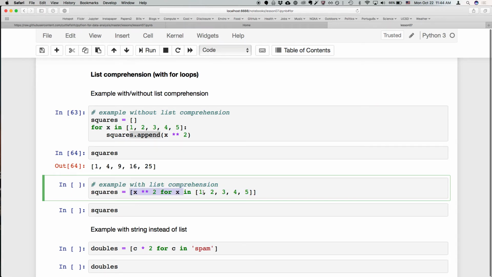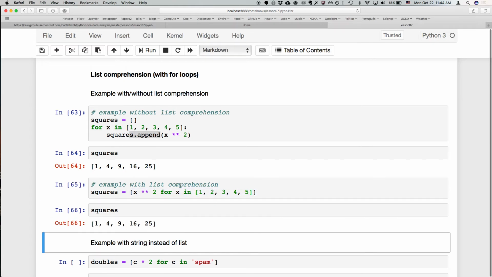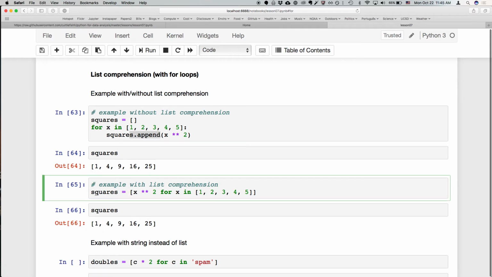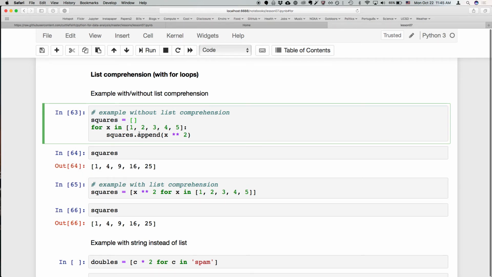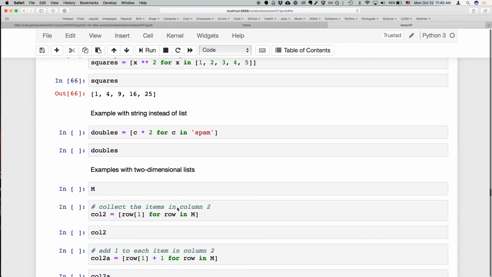That whole thing is then wrapped in brackets, so it's a list, and then it can be stored as something else. We store it as squares. So I execute this block and then see what it evaluates to. It's the same thing, but I was able to do this in a single command, and there's advantages to that, because you can now take this whole thing and store it here. I don't have to make a whole other loop and create all this. I didn't have to initialize this list as an empty list, etc. So this would work,